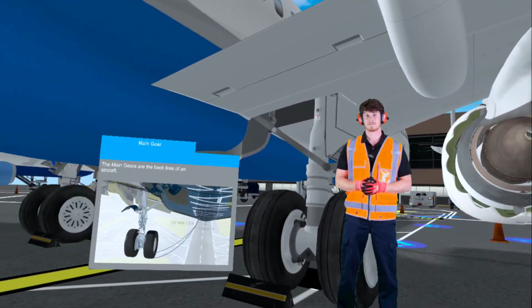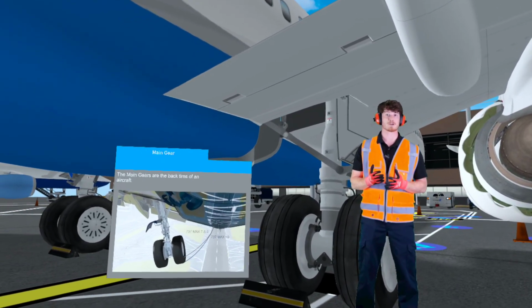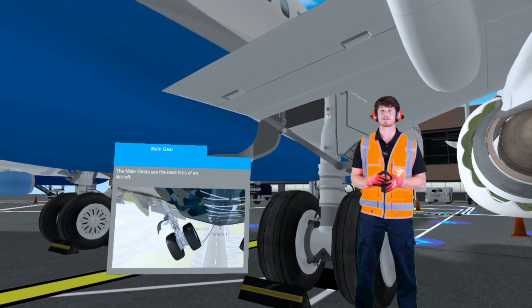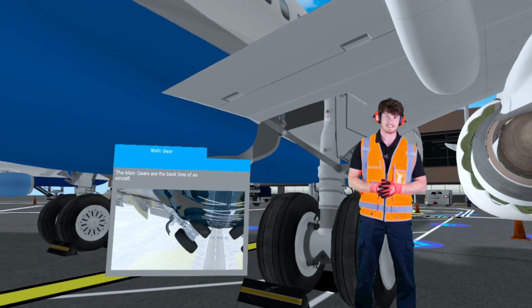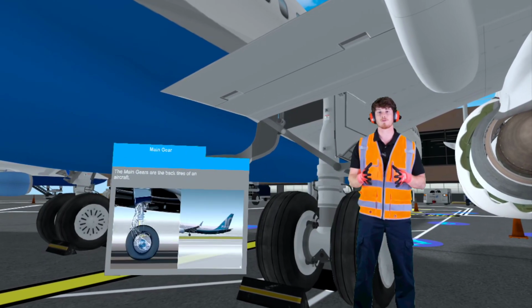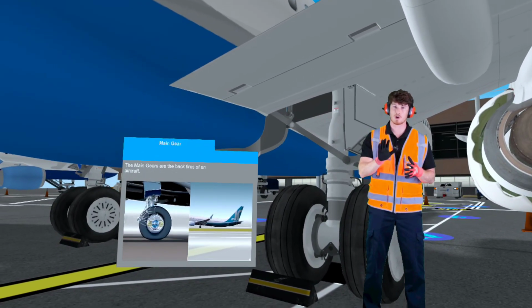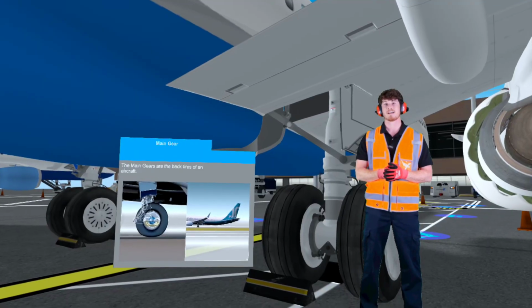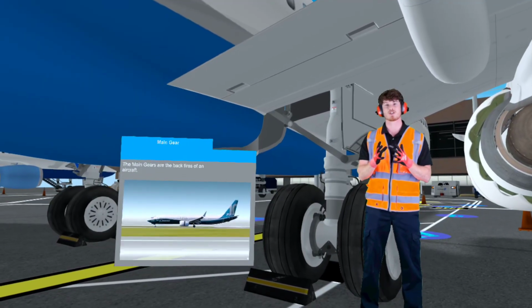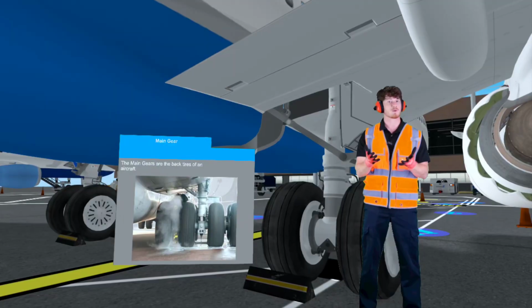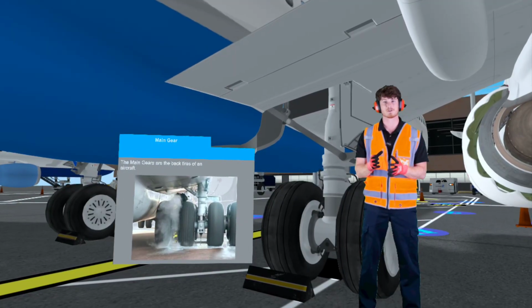Main gear. The main gear on an aircraft supports most of the aircraft's weight during taxiing, takeoff, and landing. Equipped with powerful brakes, the main gear helps slow the aircraft after touchdown. The friction from slowing down such a heavy vehicle can sometimes, in rare scenarios, cause the main gear to smoke